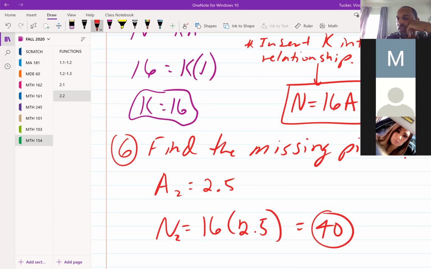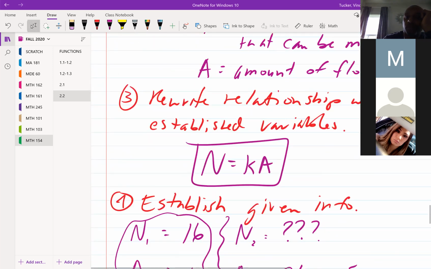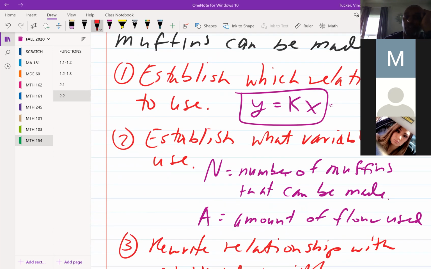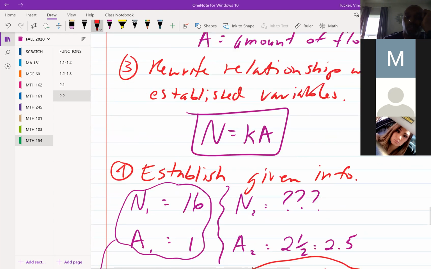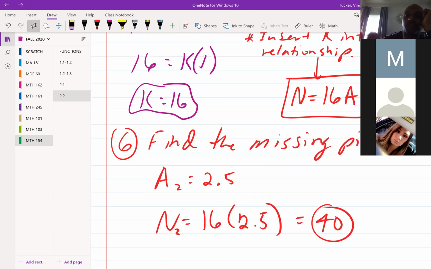All right. Let's do at least one more. But before I go there, if you follow those 6 steps, even if it was inverse, then you would start off with Y equal to K over X, and then you would just follow these same steps. All right, so let's look at